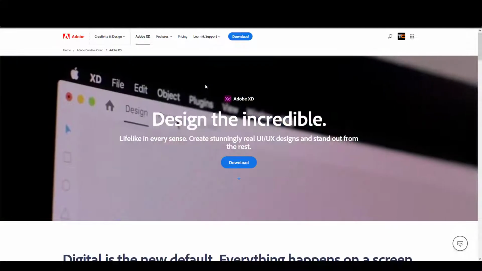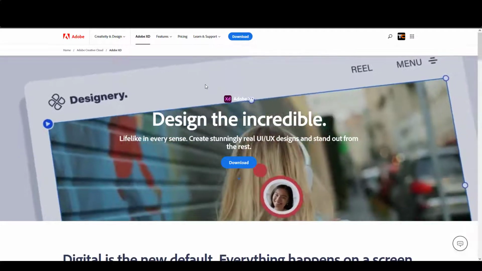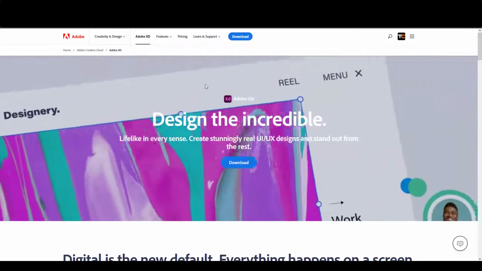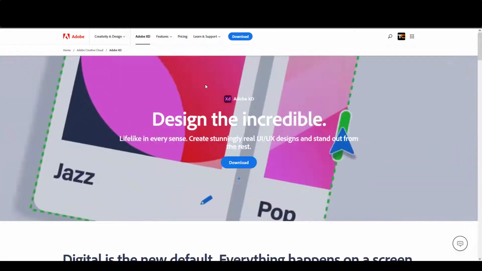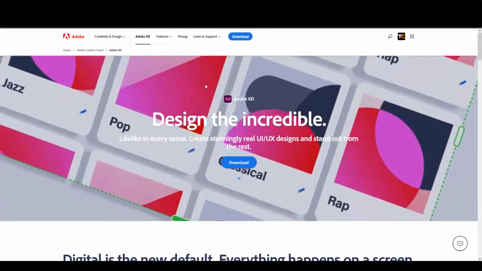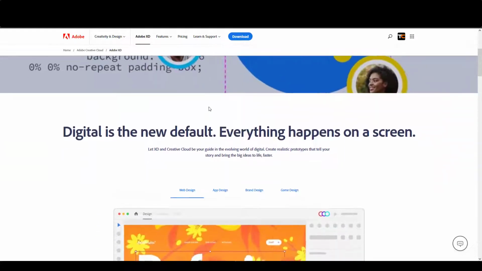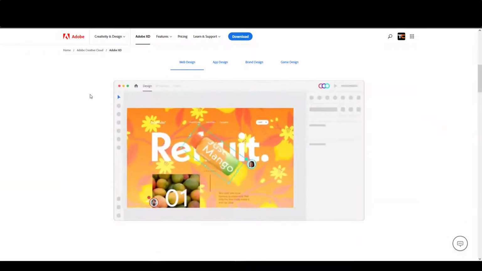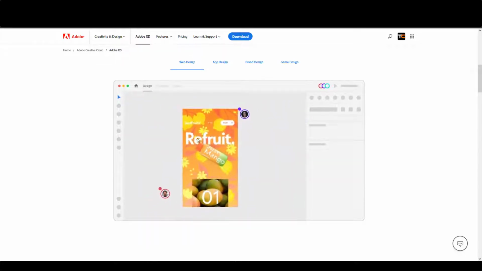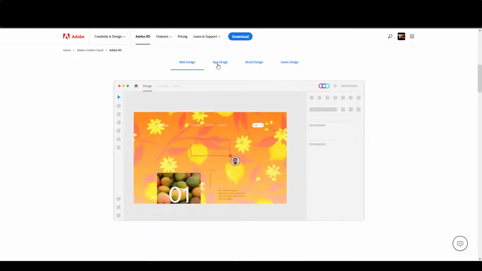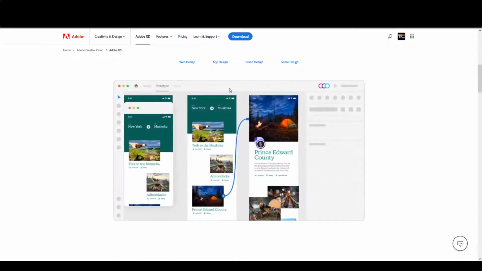Hello my friends, in this great turning course we are going to make a tutorial about Adobe XD. Adobe XD is a powerful and popular software for designing UI, user interface, and UX, user experience. You can use Adobe XD to design your website, or you can use it to design your application user interface,